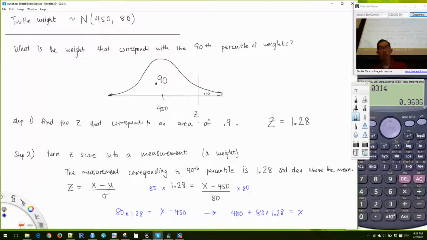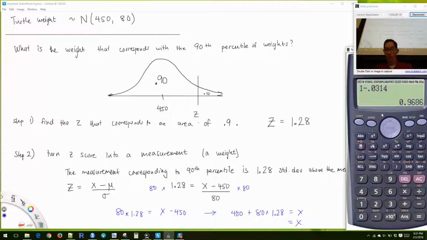And look at that. My mean is 450. Each standard deviation is 80. I want to go 1.28 standard deviations above the mean. That's exactly what I've written out here. My x is 1.28 standard deviations above the mean. So here my x, I just got to plug this in, 450 plus 80 times 1.28,